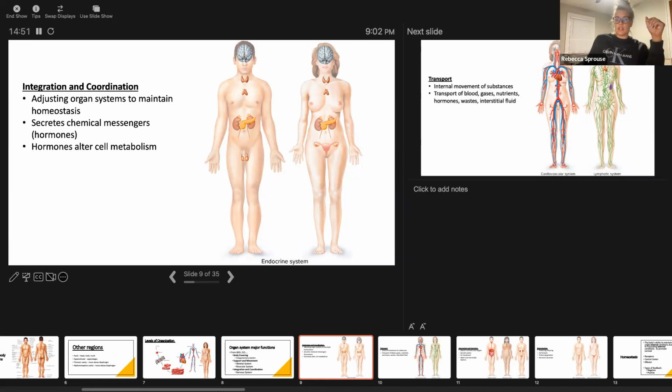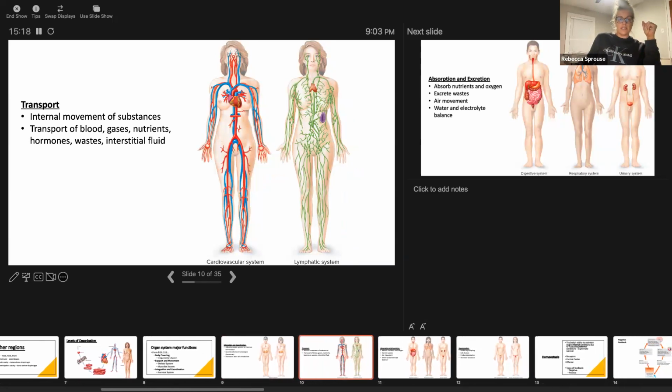But just looking at this image here, these images are all going to show you all the organs that make up the organ system. So here you can see kidneys, you can see a pancreas, you can see the brain, right? So those organs are making up an organ system. And then all of those organ systems, if we were to lie them all in the same individual, then we would have an organism, right? All right, so if we keep going here,